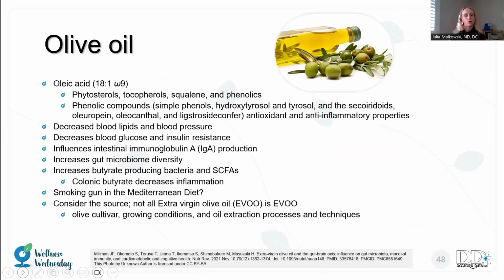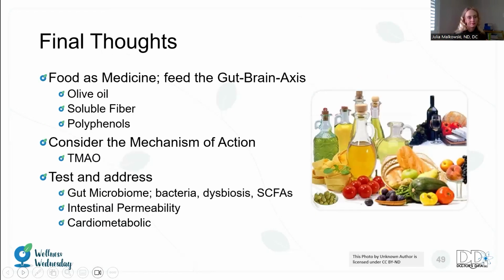Olive oil is very important here. We want to pay attention to the fats. Not all fats are created equal. We know that olive oil is a mainstay of the Mediterranean diet. It supports the gut microbiome diversity, but it also supports blood lipids, hypertension, so it decreases that. It supports glucose and insulin sensitivity. So olive oil is healthy for the microbiome and the cardiovascular system.